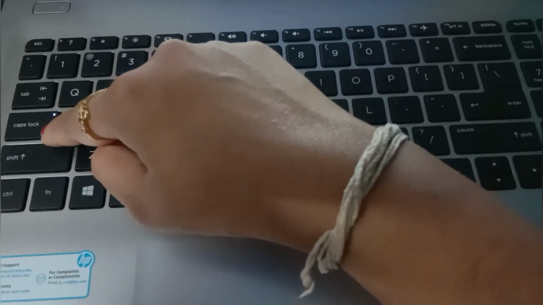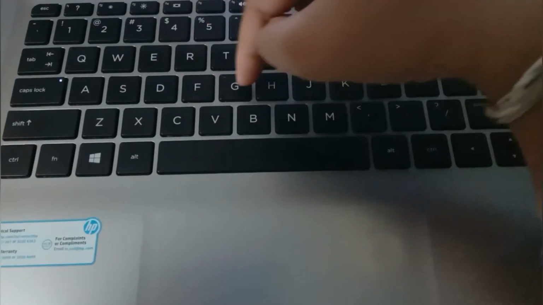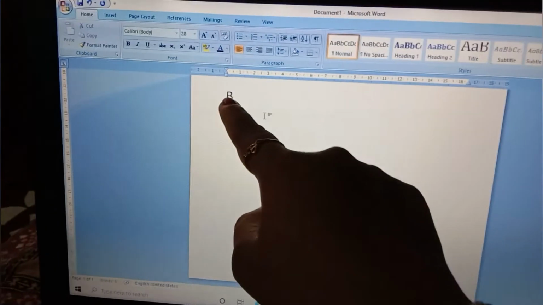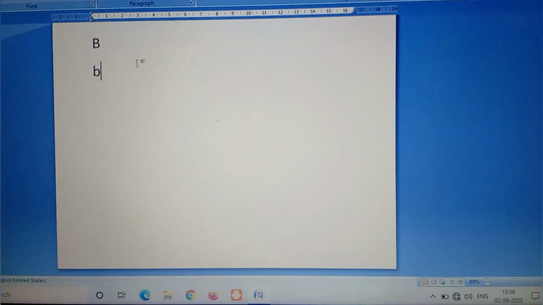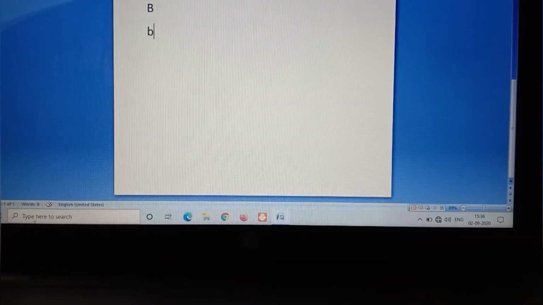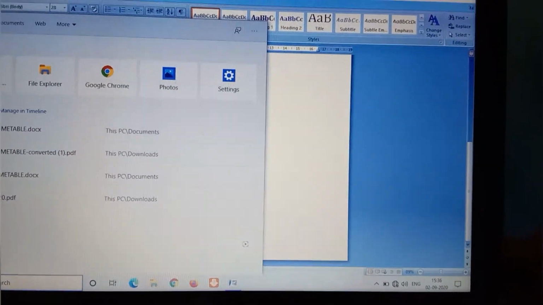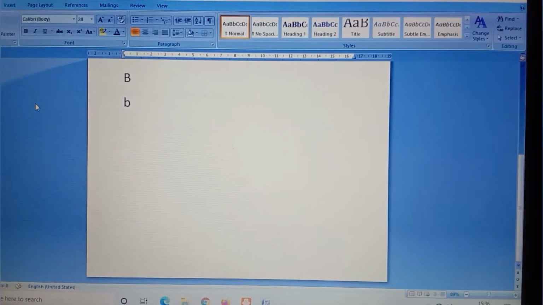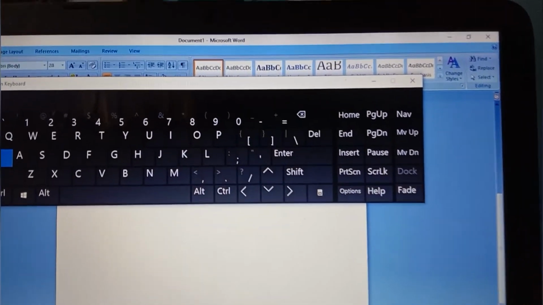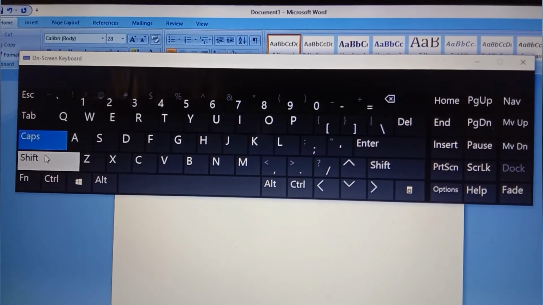You can use the caps lock key, else you can use the shift key plus the alphabet key to write the capital letters. Understood? I hope all of you are clear on how to use the caps lock key and the shift key. All of you know, in our mobile phone the caps lock key is present. Look, I can show you on the on-screen keyboard. Here also the caps lock key is present, and the shift key is present.